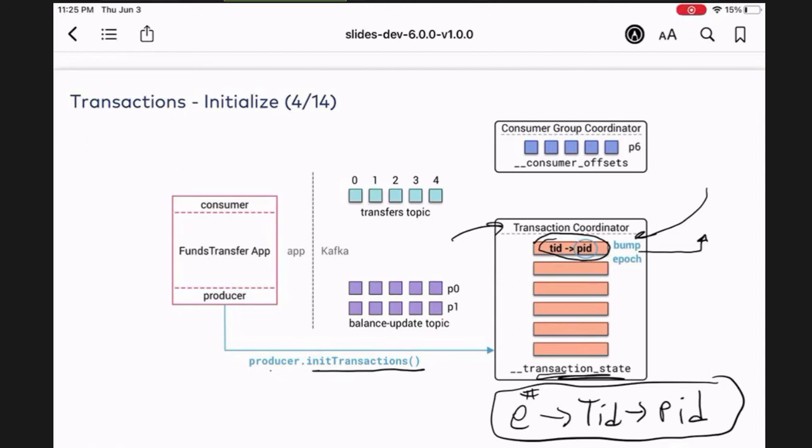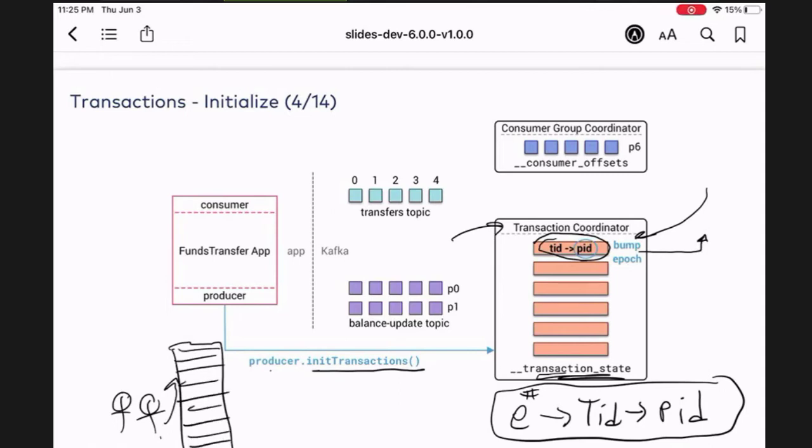It says okay, and it's recorded in the log. So every single step. And this epoch now is very important because when you're doing transactions in Kafka, you want to avoid zombies, right? And so what's a zombie? Imagine, like in a movie, if I have zombies running up to your house, but if you have a very high fence, it's difficult for them to come over. So to avoid zombies, you fence them off.